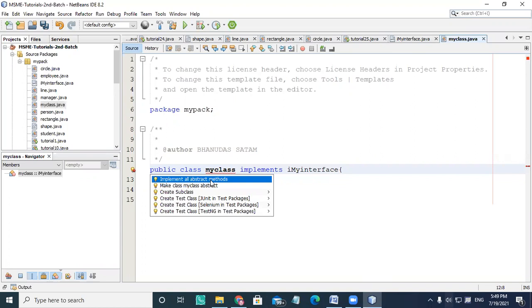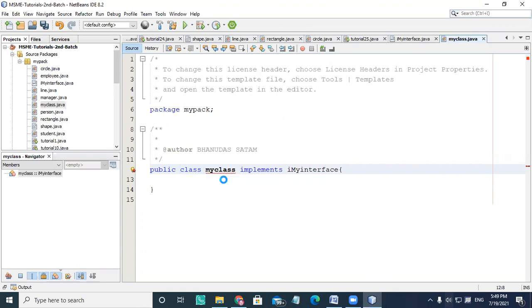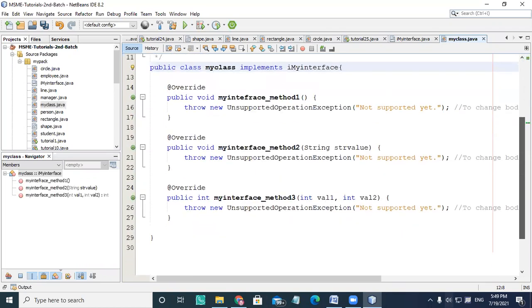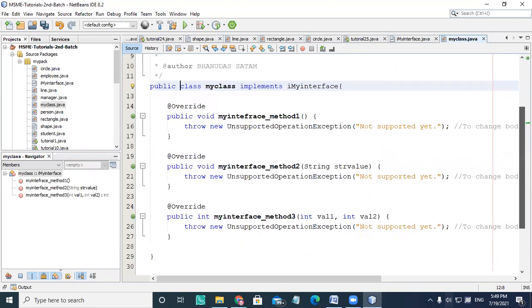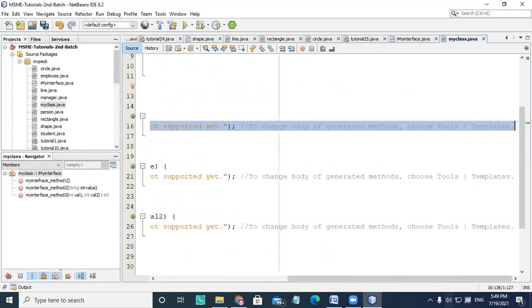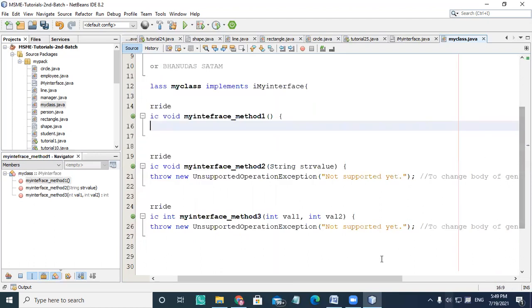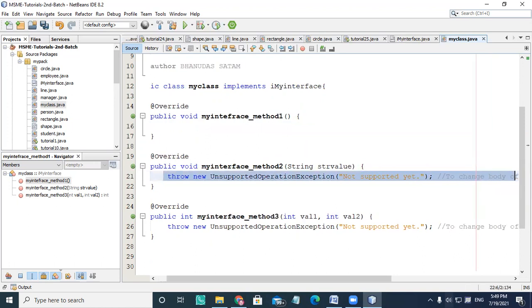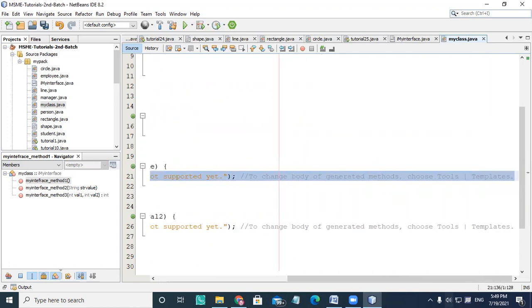So I'm clicking on add all abstract methods. What happened? These are the three abstract methods which my interface has. Now it is writing a body for the abstract method called my method, my interface method one, and the second, which is taking a string as an argument.